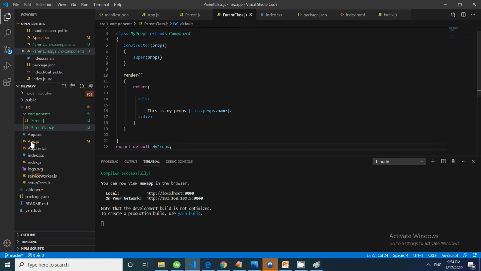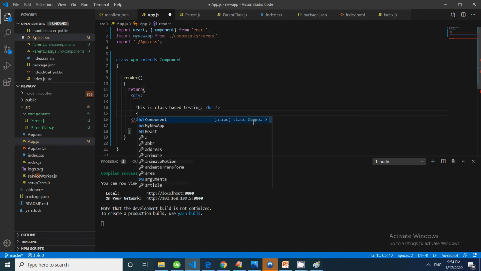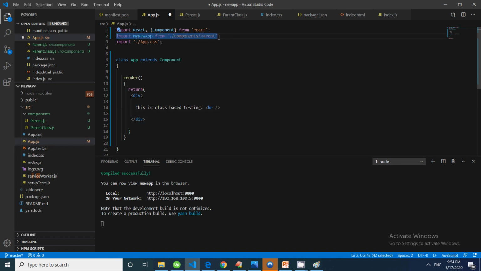Now what I want to do, I just want to call this in the main. So I will just remove the earlier one that I have imported, and I have to import also. I will write import my new props from components, and then it is parent class, name of the file.